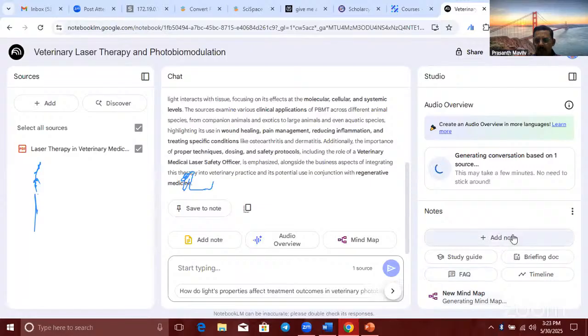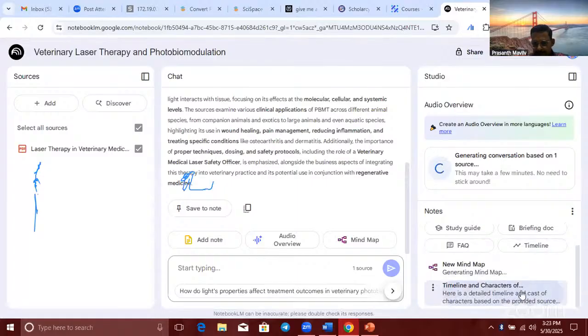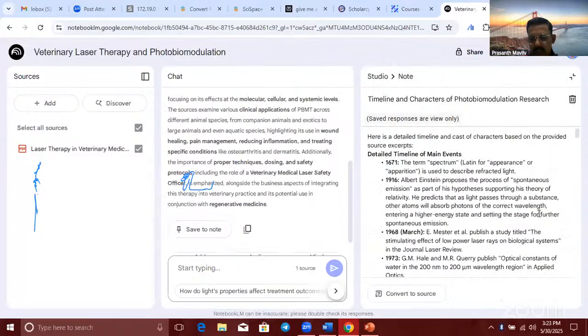And these 4 options: timeline means it will take time to create because this is a book containing 300 pages or so. See, the timeline has been created within seconds. In a book, what are the different timelines, periods, what happened?